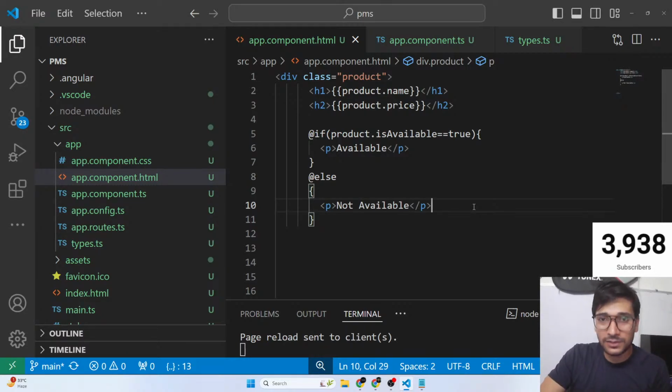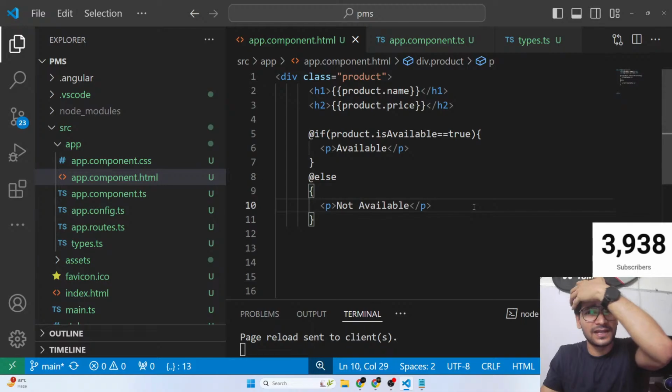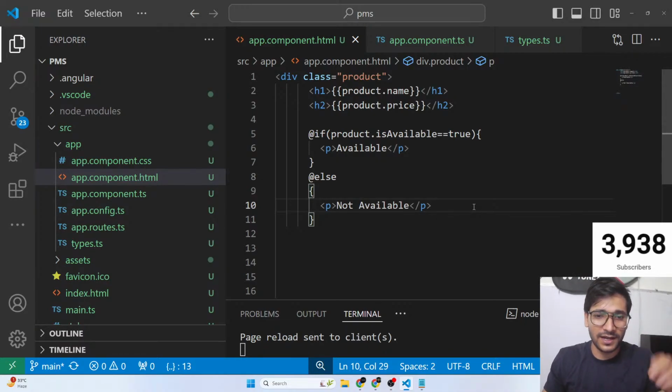But there are some workarounds, and definitely I'll show you that when we deal with the projects. I'll show you some shortcuts and all that stuff. Don't worry. How to use shortcuts, how to avoid writing this big stuff and all that stuff. So don't worry about that. Is that clear, everyone? Guys, are we clear with the basic conditional rendering?